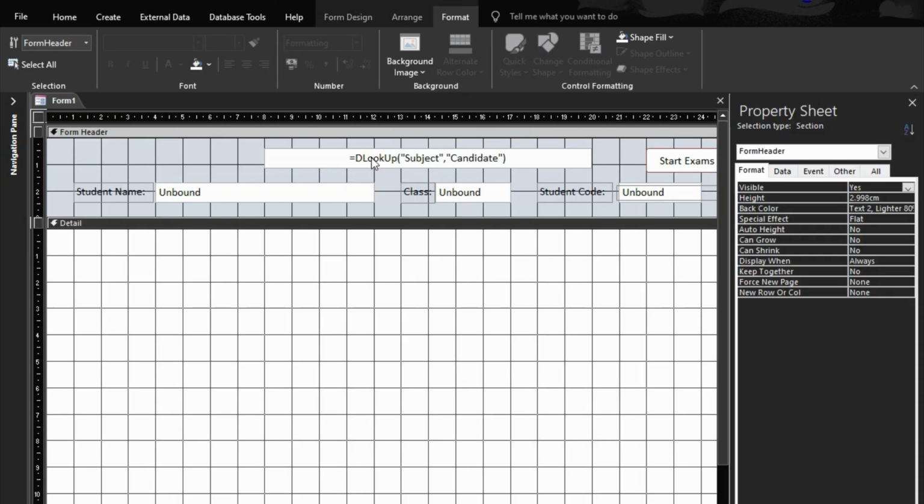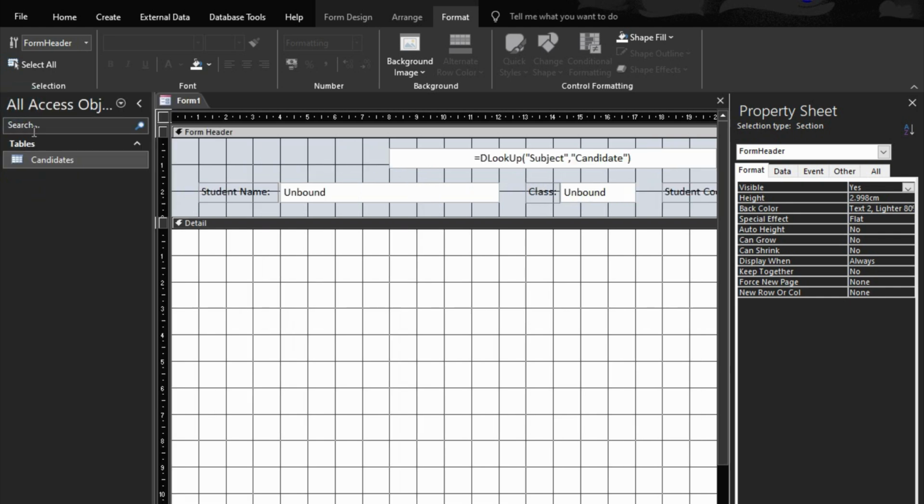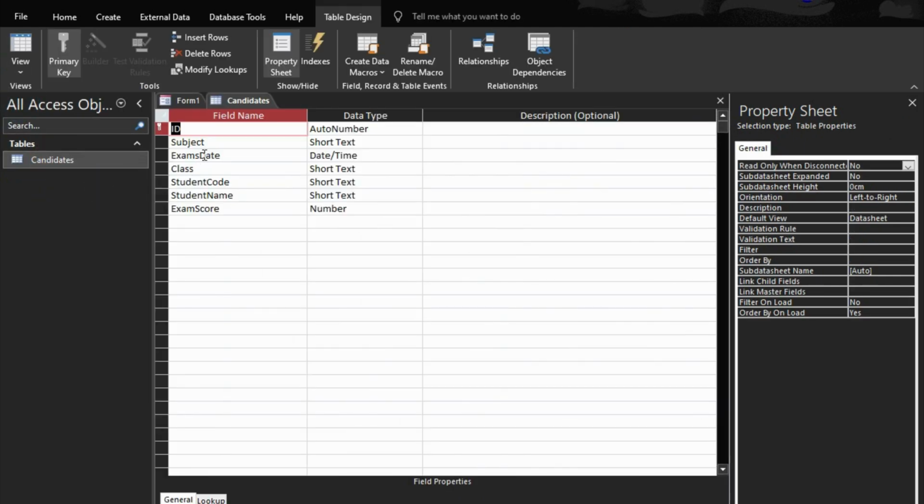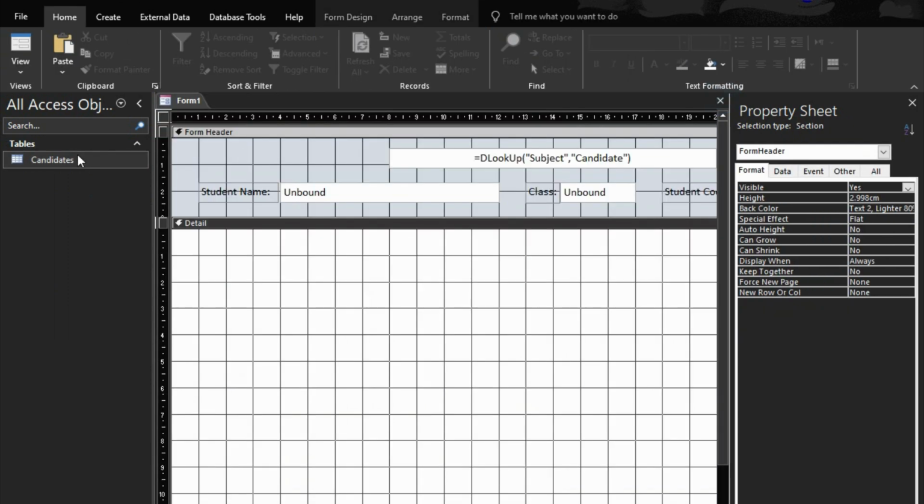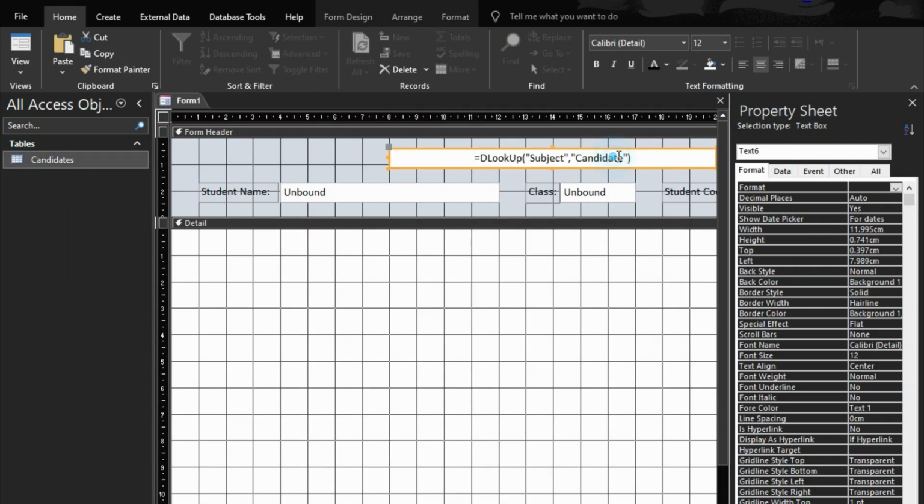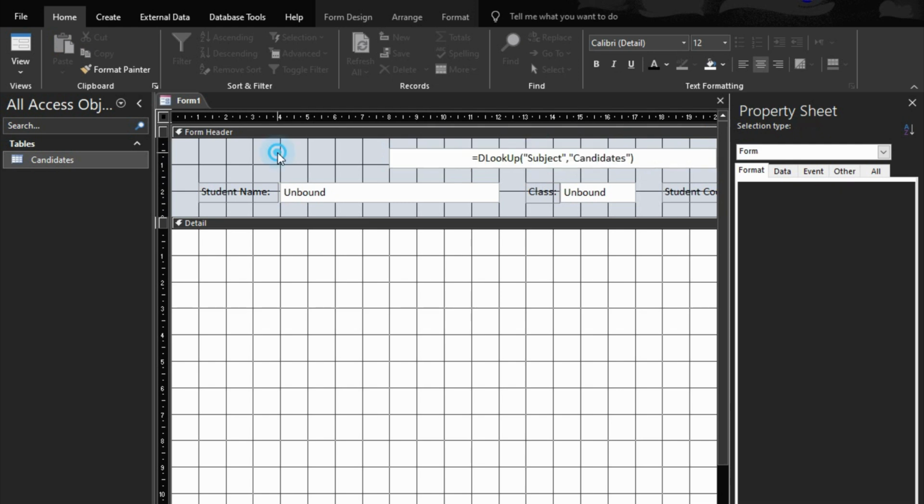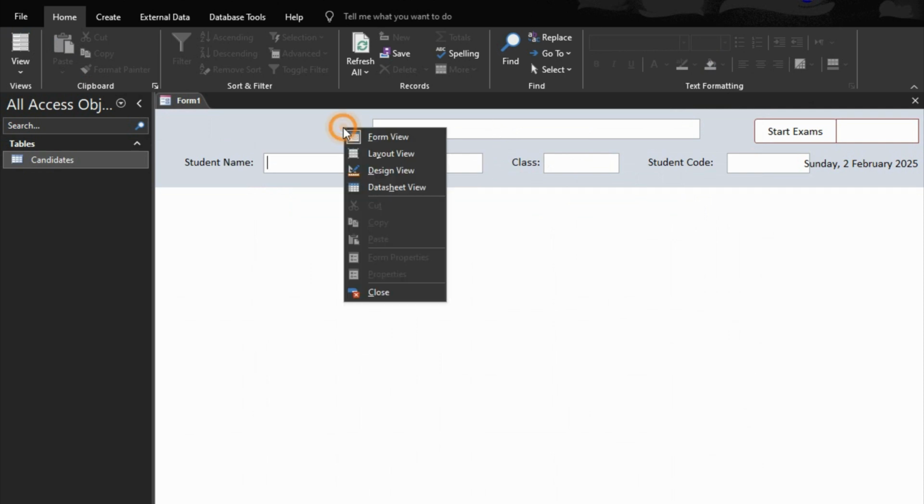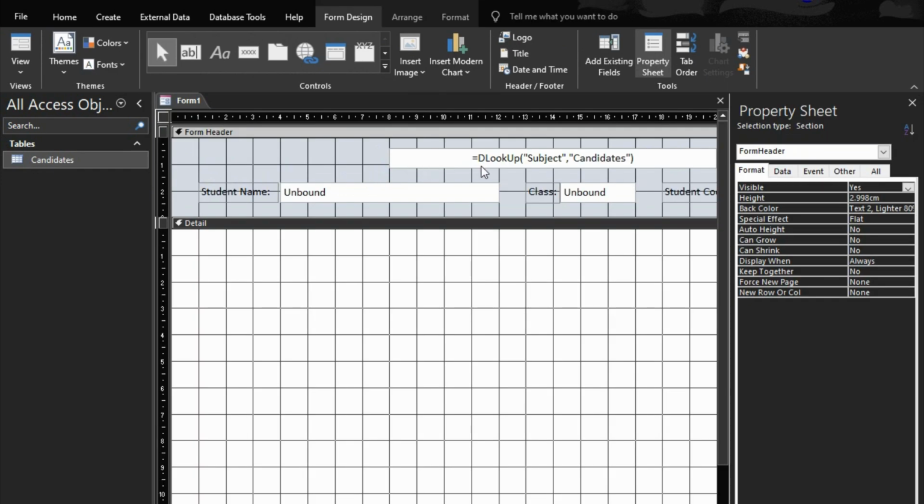The lookup subject, from where? Candidate, is showing error. Let's go to the subject table. We have subject and candidate. The candidate, the spelling is with an S, but I didn't add S here. I'm going to add the S. So now let's see. Nothing is showing because there's no subject added, and that's where we are going to add